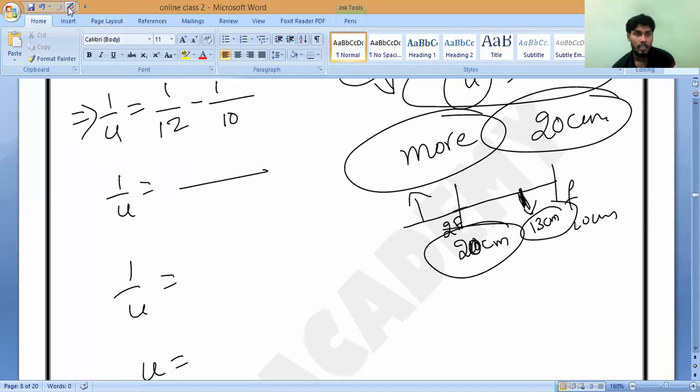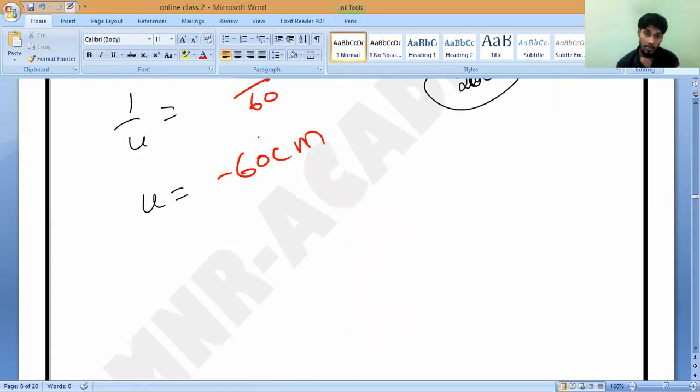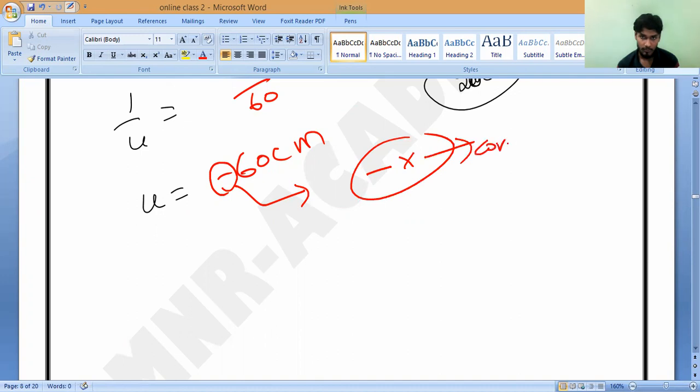So now, take the LCM as 60. So how much will come? Speak up, all of you. 60 is the LCM. So here 5 and here 5 minus 6. 1 by 60 minus 1 by 60 equals minus 60 by 6. Forget about sign convention. Sign convention indicates it is kept at the minus x coordinate. Is it yes or no? Yes, sir.